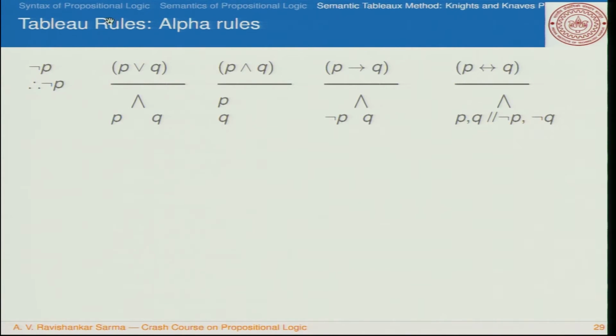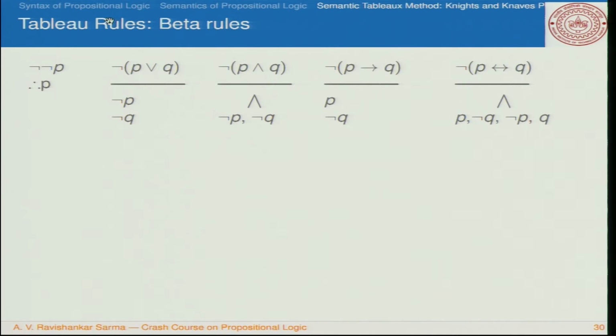These are some of the rules that we use for constructing a tableau. As you see in these tableau rules, the tableau ends with atomic formulas. This is the most important thing you need to note. Not not P is the same as P. When you have a compound formula P and Q, it leads to P and Q, since both P and Q have to be true. P implies Q has this particular structure, not P or Q, and P if and only if Q is written as P and Q, or not P and not Q. These are considered to be alpha rules.